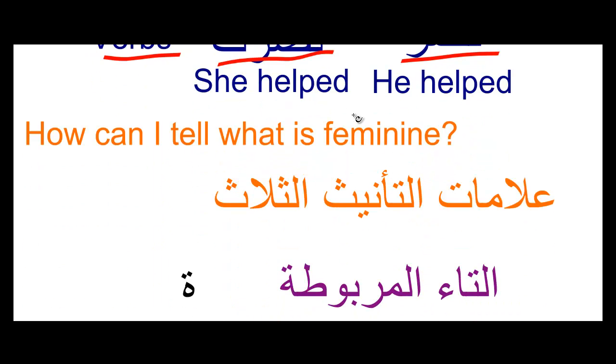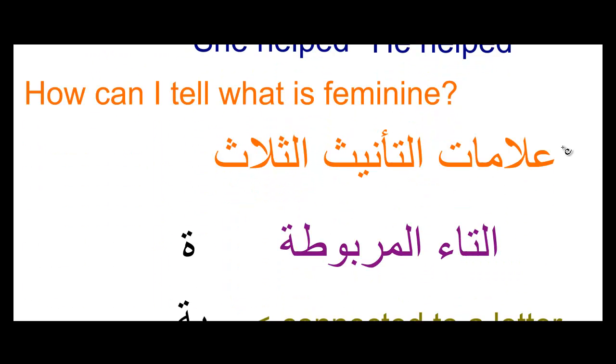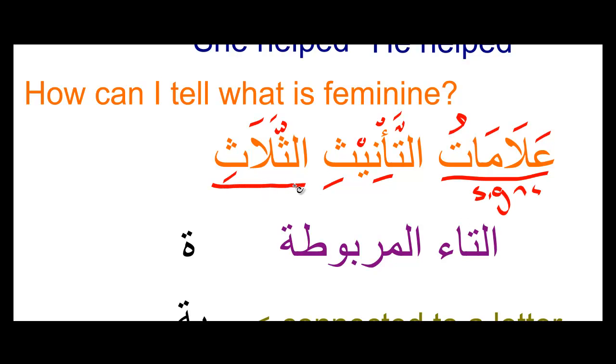So how can you tell what is feminine? Well, in Arabic, we have something called alamat ta'nith. Now, this phrase, what does it mean? Alamat, it means the signs. And thalath means three. So what's going to come next are the three signs that will tell you if something has ta'nith, which means it's being made feminine. So the first sign is ta